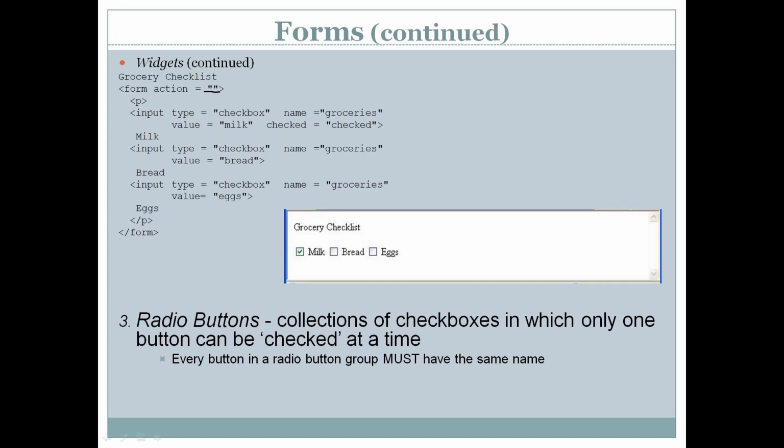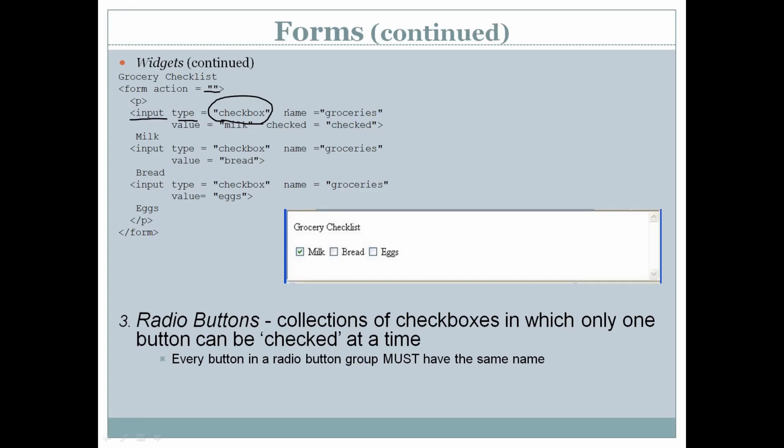Then inside the form tag, inside a paragraph, we have created a checkbox. You can see how a checkbox is created. The tag which is used is still input. The attribute of the input tag, that is type, is equal to checkbox. This is important here. When we created a text widget, the type was text. Now we are creating a checkbox, so the type is checkbox.